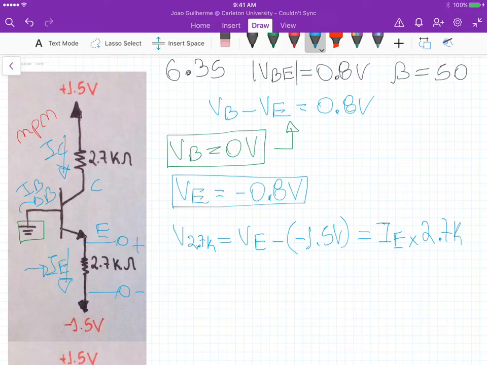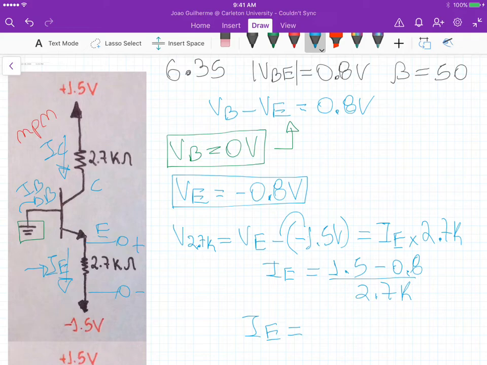So IE is equal to 1.5, it becomes positive here, VE we know is minus 0.8, so minus 0.8, divided by 2.7K. This gives us IE